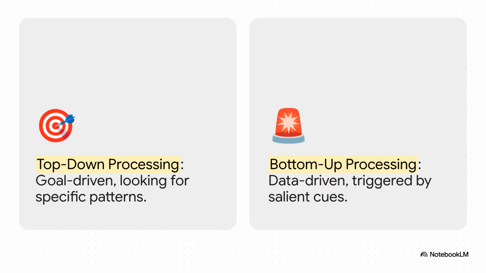To keep those mental models fed, our brains are basically running a dual-process system 24/7. First, you have top-down processing. This is totally goal-driven. Say your goal is to land an airplane, you're actively scanning the runway, hunting for specific patterns like landing lights. But at the exact same time, you're running bottom-up processing. This is data-driven. This kicks in when, say, a loud fire alarm suddenly blares. It instantly hijacks your attention and forces you to completely drop what you're doing and reevaluate your goals.